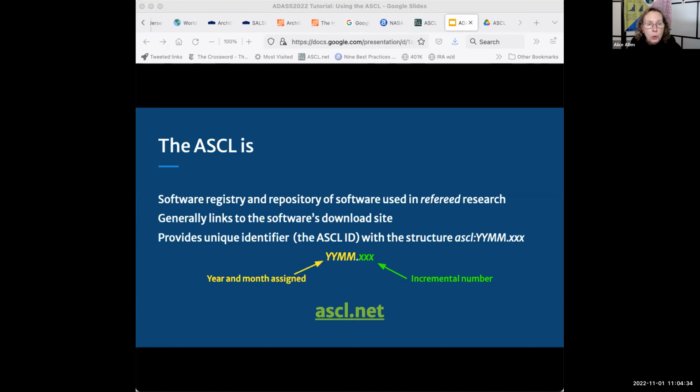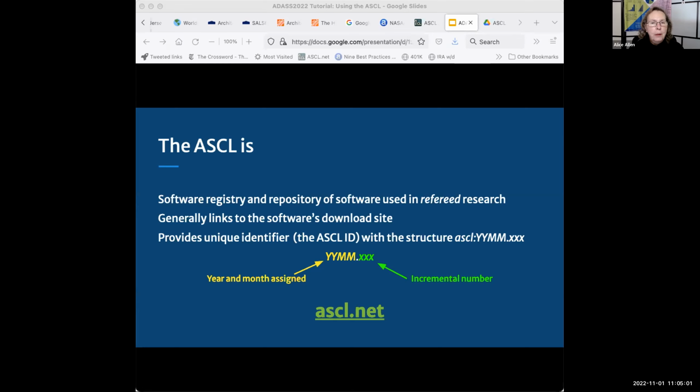We store some code, and when we store code, we do assign it a DOI, but generally we link to where code is. So we point to where it is, where you can get the software, rather than house it ourselves. And we provide a unique identifier, the ASCL ID, and the structure of this is very similar to arXiv.org's because we used their model, we liked it,